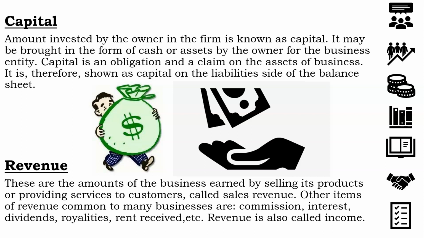That full amount of 800, though it covers my cost, is known as the revenue, the exact receipt of money that the customer has given to me. Other items of revenue common to many businesses are commission, interest, dividends, royalties, rent received. So if I have, say, 4 plots, and I have rented them out to someone, and he gives me rent monthly, that rent income is also my receipt if I have a business of doing that. So revenue is also called income. Now the next term that we will study will be profit. Let us move on to that slide.